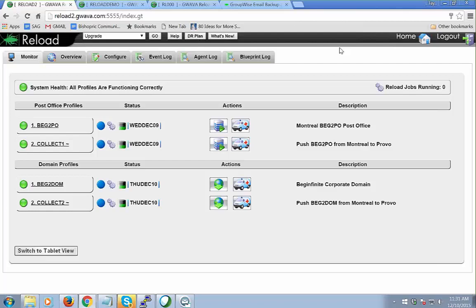So when reloading outside of the collector model, just using your typical NFS, Samba, or NCP connection to your live post office, if you had a 100 gig post office, there's about 10 gigs in OF user and OF MSG, et cetera. It would have to copy over about 10 gigabytes a night, and a little bit of the new blobs, but we'll just say about 10 gigabytes to make it easy. So you'd have to copy over that 10 gigabytes a night, and there was no way around that,